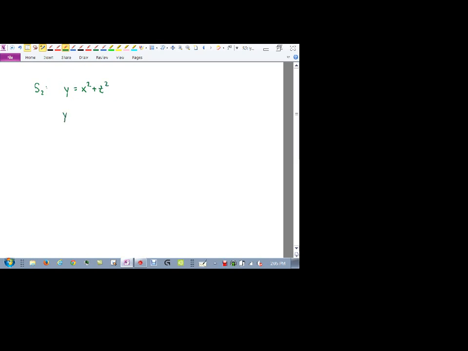Which means I can write y as a function g of x and z, right? And according to the formula, the flux over this surface S2 of F dot dS should be equal to the double integral over D of,